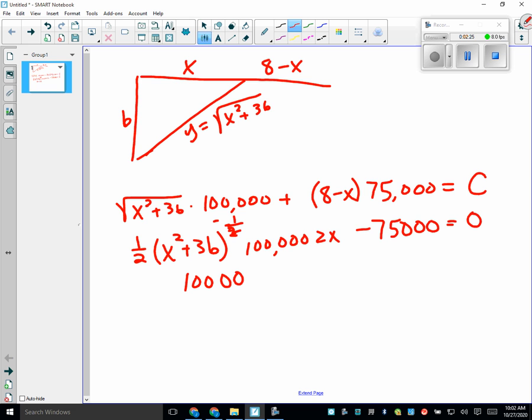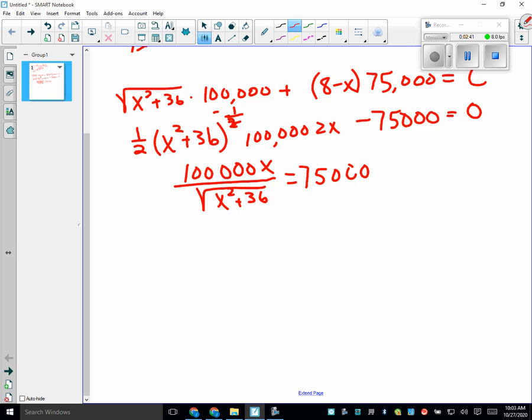100,000 x over the radical x squared plus 36 equals 75,000. Right? The 2 and 1/2 cancel each other out. So